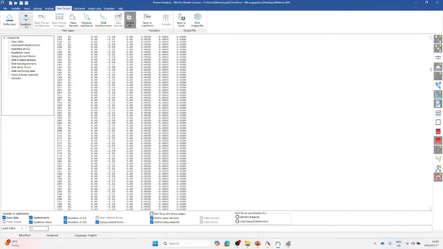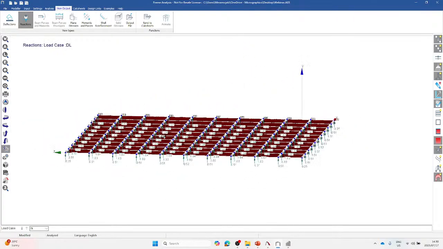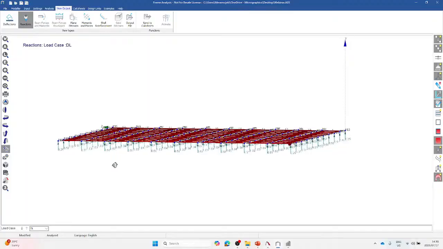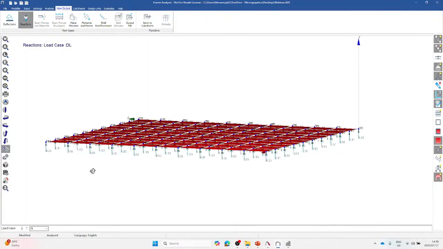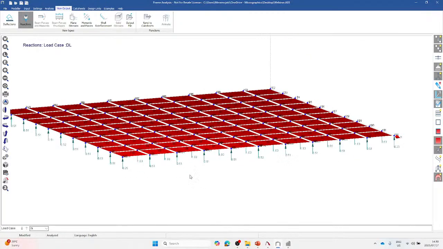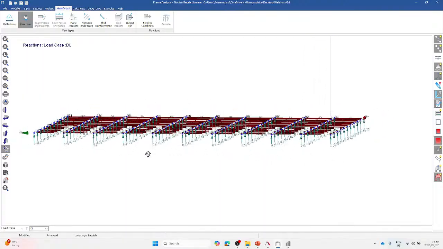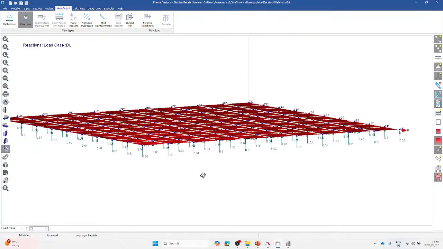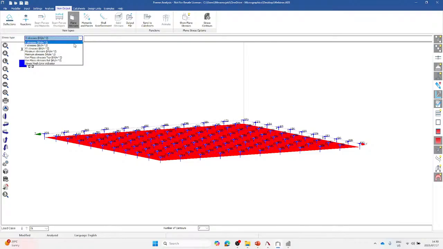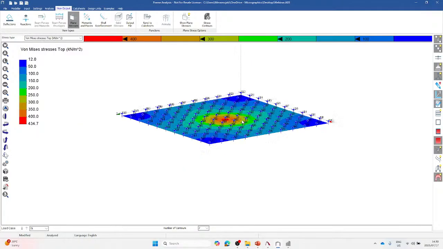And then from there what you can do is we can simply switch to the reactions and actually see the reactions that we have in our results tab, and you will see that we do have Y reactions, and you will see that they are actually uniform as well on the edges as well as in the middle if you look closely, and that is quite nice. And then the next thing that you will definitely want to see will be the stresses, and if you look at the one mass stress, you will see that the maximum stress